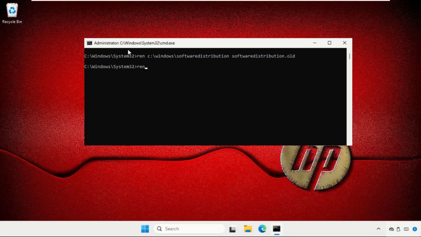Once done, type in ren space c:/windows/system32/catroot2 space catroot.old and hit enter. Once done, we need to type in net space start space